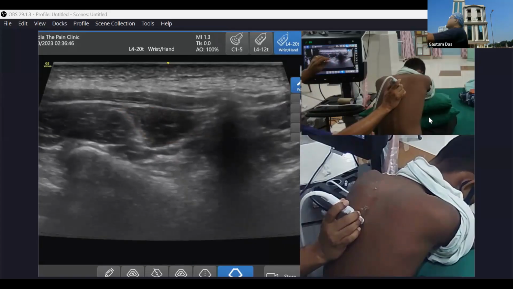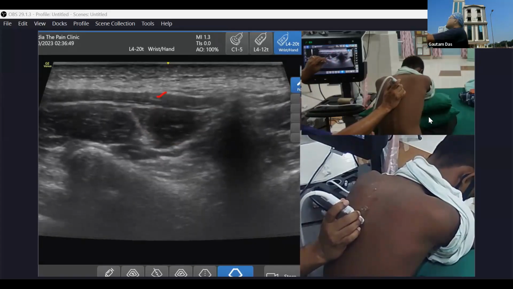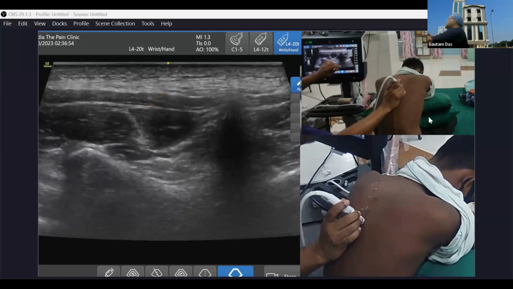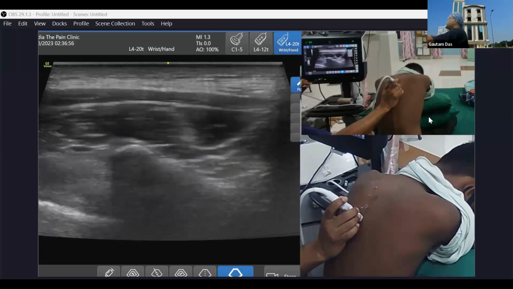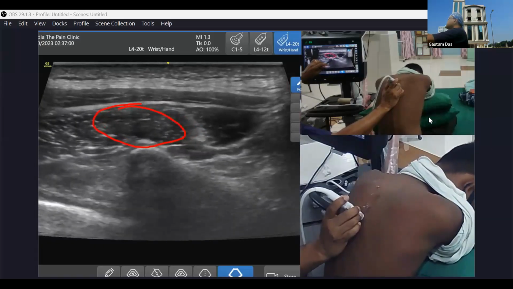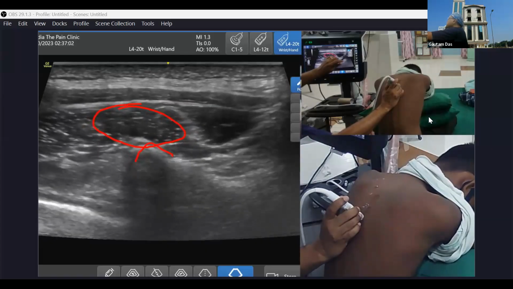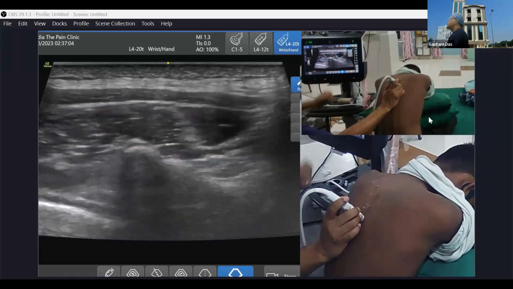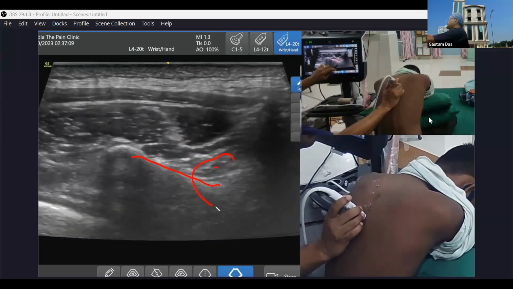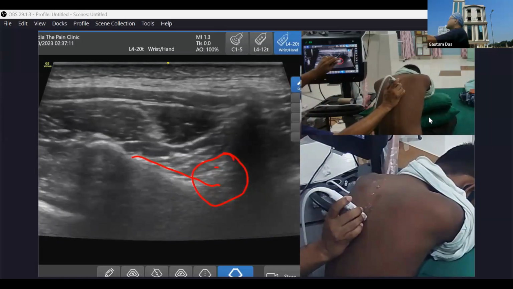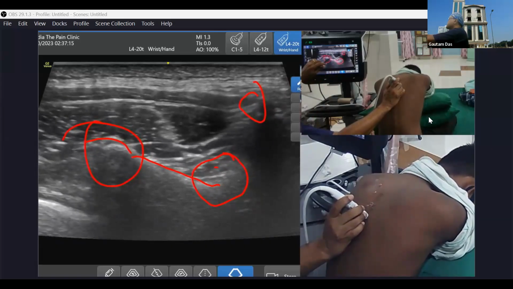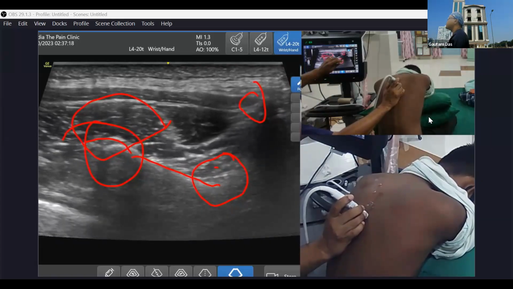And then here there are two layers of muscles. One is trapezius, and below the trapezius is your rhomboid muscle. And if you are going laterally, this muscle is your longissimus muscle. This is the transverse process. And what I was telling, you see here, this is the lamina, this is very deep. This is the superficial spinous process, this is the transverse process, this is again superficial. And above the transverse process is your longissimus muscle. And then if I am going more lateral,